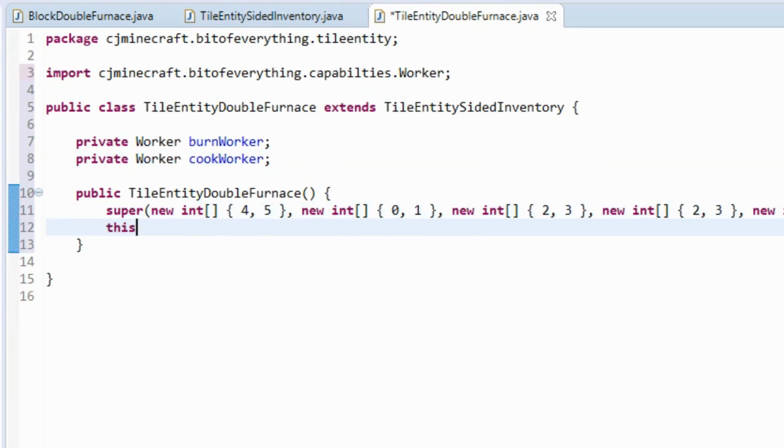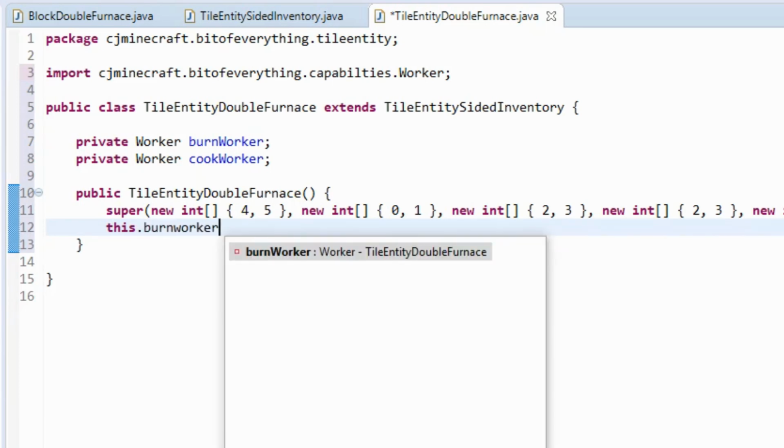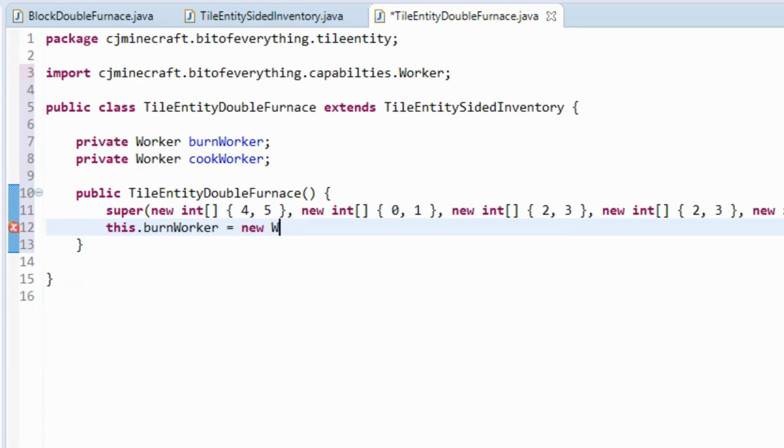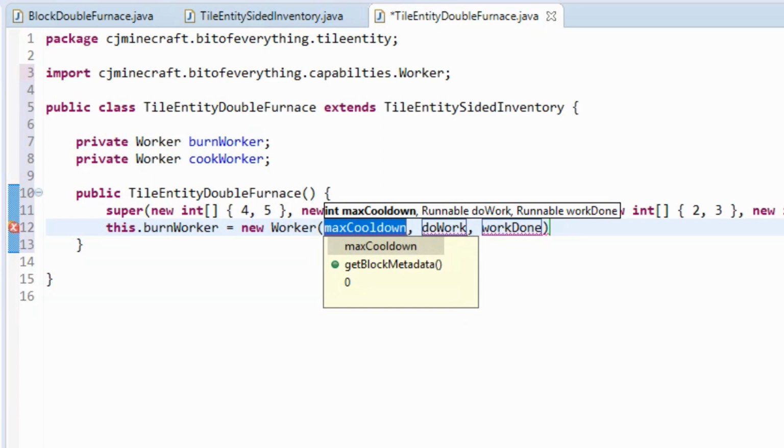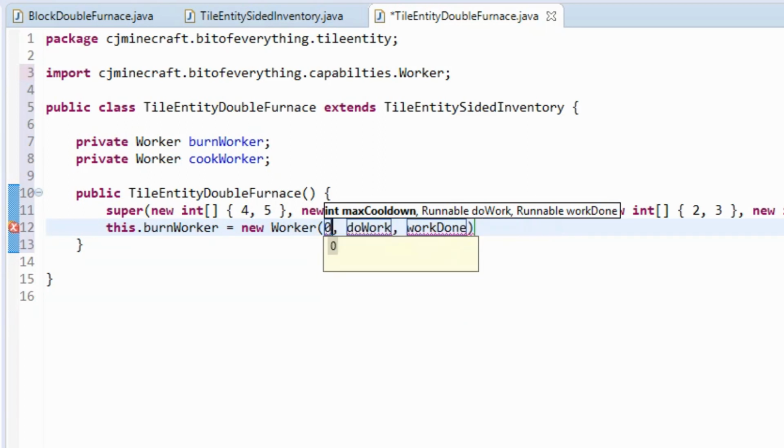So this.burnWorker is equal to a new worker. You can also see the worker class in the description. It's on GitHub. The max cooldown, we're going to initialize to 0 because we don't want it to work until we tell it to work. So in here we need to write what we're going to do while we're